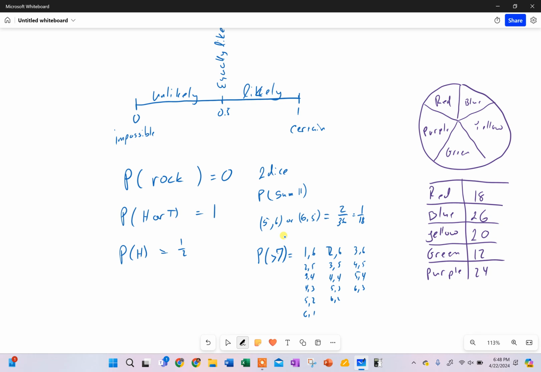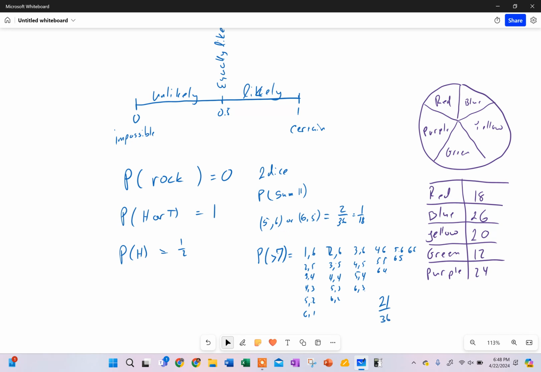You can get 10 by doing 4 and 6, 5 and 5, 6 and 4. You can get 11 by doing 5 and 6, or 6 and 5. And then you can get 12 by doing 6 and 6. So let's count: 1, 2, 3, up to 21. 21 out of 36